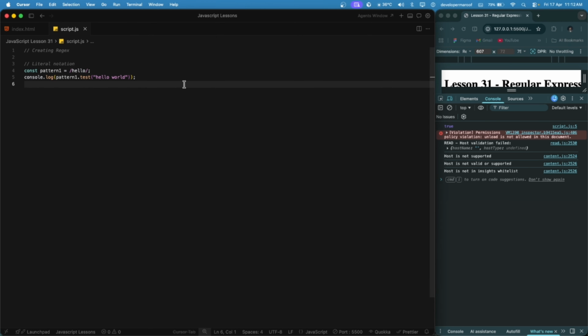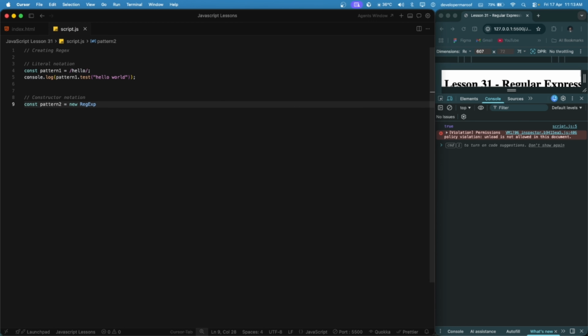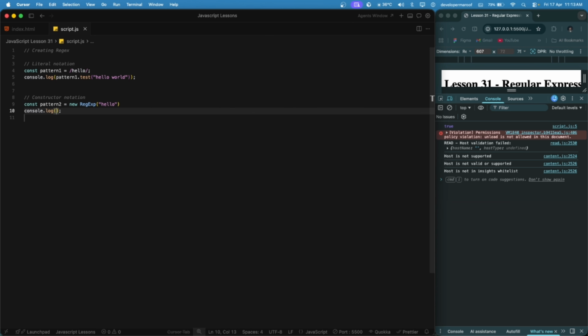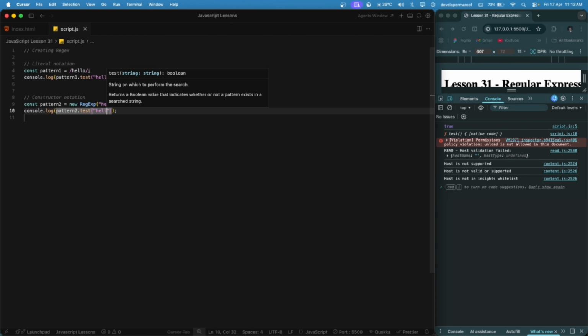Now let me show you the constructor notation. Let's add a comment. Constructor notation. const pattern2 equals, let's create our regex constructor. We have the new keyword and RegExp. Inside that you can add your regex. Let's say hello, and again if we log pattern2.test and we say hello world, we will get true